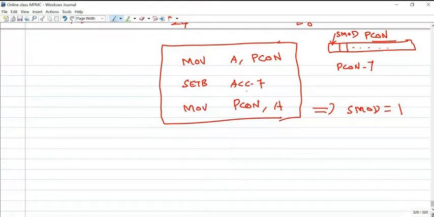So set bit ACC.7. Now SMOD equals 1. We are not changing any other bits. And reload that particular value into PCON again. Okay. Now your baud rate frequency will differ. So thank you all. With this, serial port programming is over.